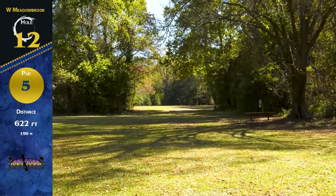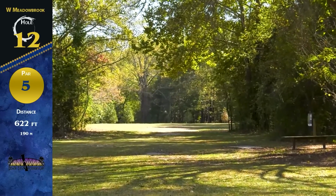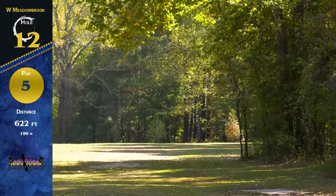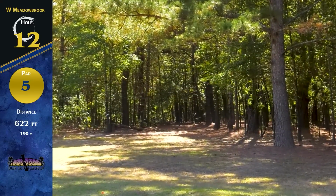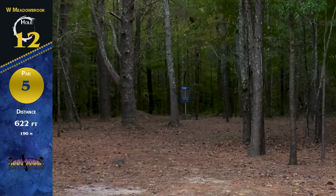All right, now we're heading into hole 12. This is a par 5, 622 feet. I feel like this is one I really want to birdie. This is such a great hole. It's long, but it's all about positioning. You want to make sure that you're getting off the tee and landing somewhere right there in the center of that